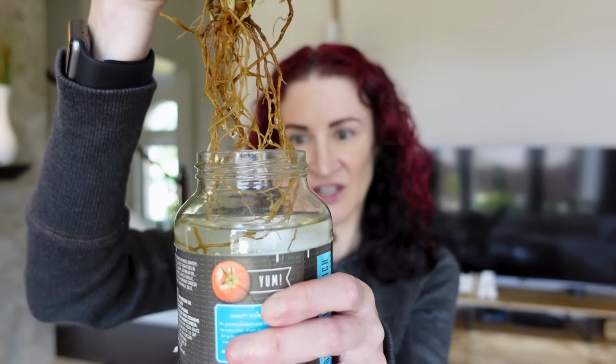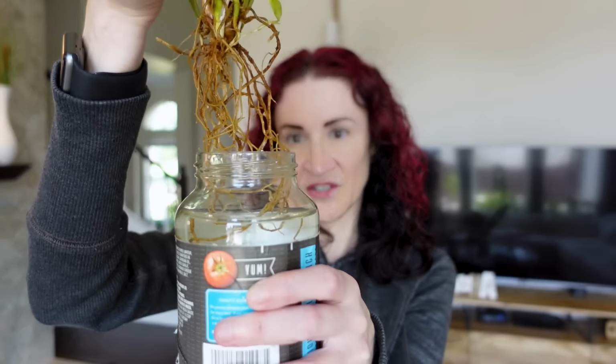And I did have a ton of the roots slough off recently and I had to remove them. I hadn't lost any leaves prior to that point, but when I removed all of the kind of rotted roots, not rotted, but they look like root rot, they just died off as part of the process of trying to transition it to growing in water and getting water roots. And so I hadn't lost any leaves, and then I did lose 3 leaves since doing that,